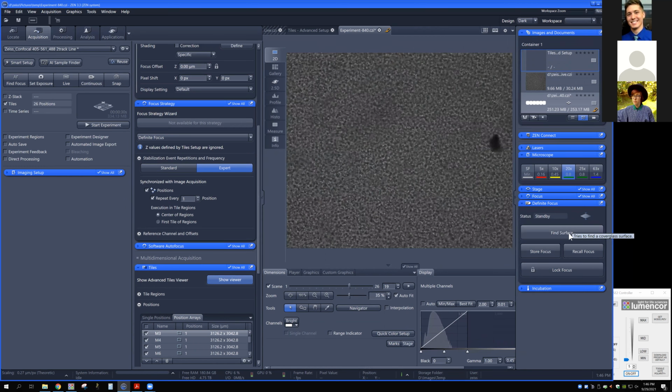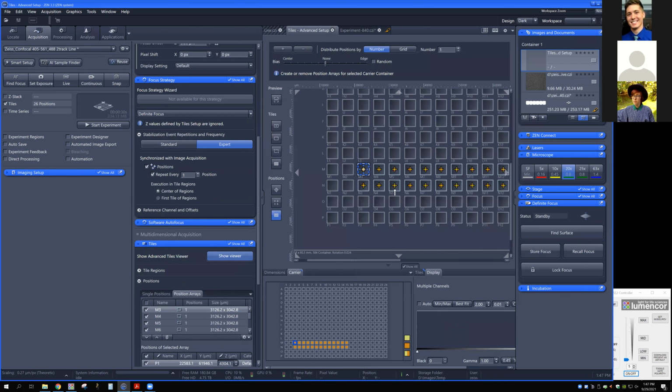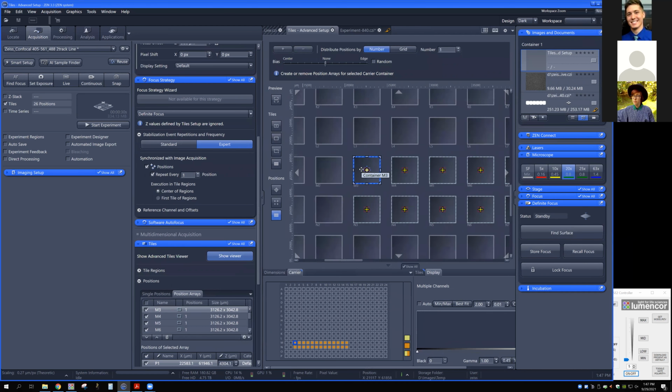So this one works, as I mentioned, it's not really integrated into the experiment, but it is a nice tool to help you get started, help you localize things, and to keep in focus as you're moving across a lot of different regions. So similar to what we just did here, what I can do with definite focus is if I'm at this position